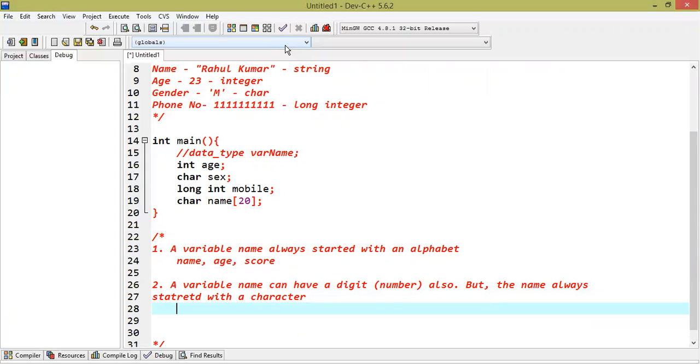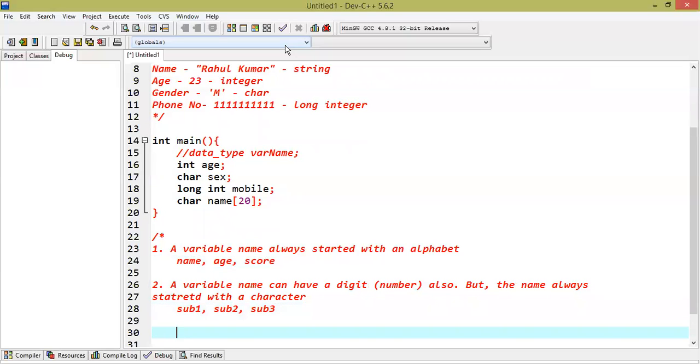Examples of such variable names are subject1, subject2, marks of subject 2, and marks of subject 3, etc. See, the names have digits and alphabets together, but the name must start with an alphabet. These are all the valid names that I have listed.